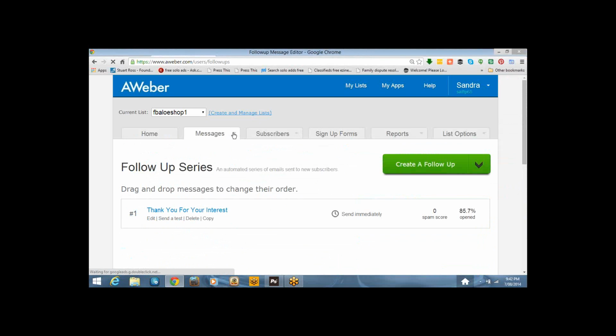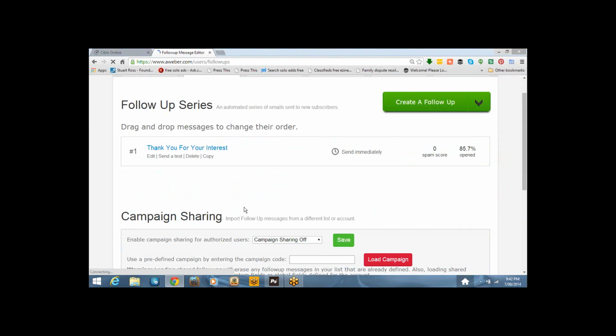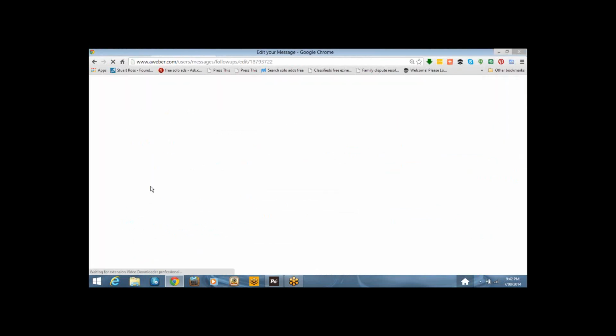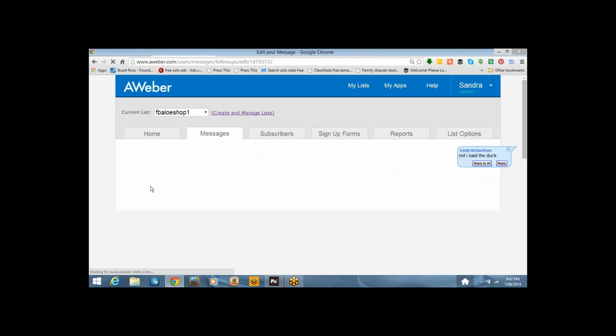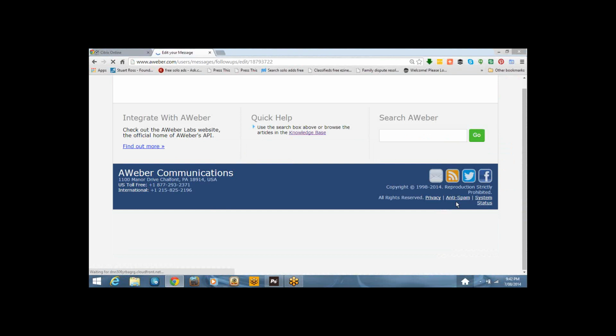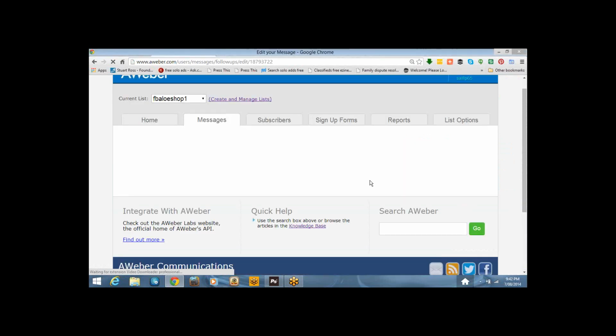If you go to messages and you go to follow-up series, you can actually edit there. So you can click that open. But that's not in a broadcast though, yeah? That's different. That's a broadcast that was sent out. Okay. So it should open up in about an eon or two.